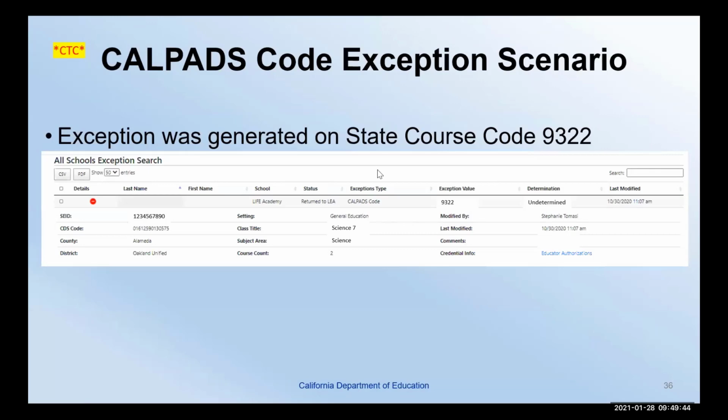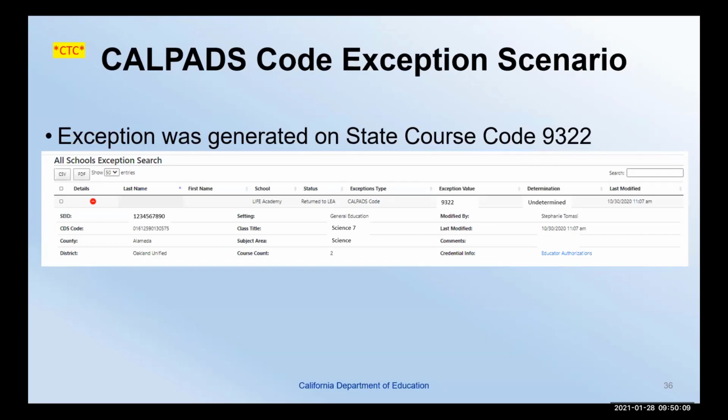Now, here's an example of a CalPADS code exception in CalSAAS. This exception was generated because the educator reported in the assignment does not hold the appropriate authorization to teach the CalPADS state course code of 9322. You can find this information by referring to the exception type, which states CalPADS code, and the exception value,